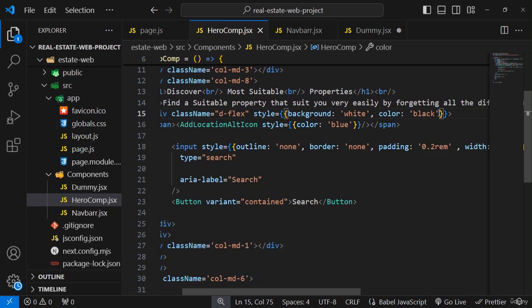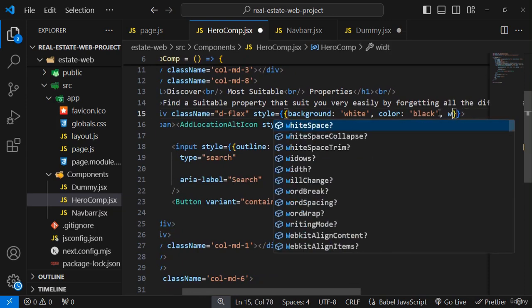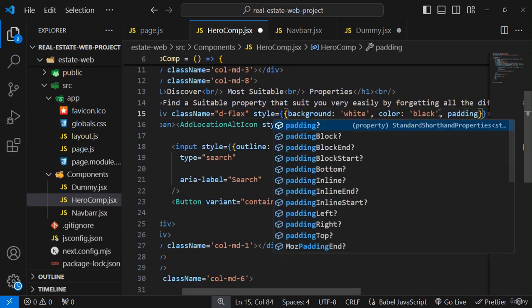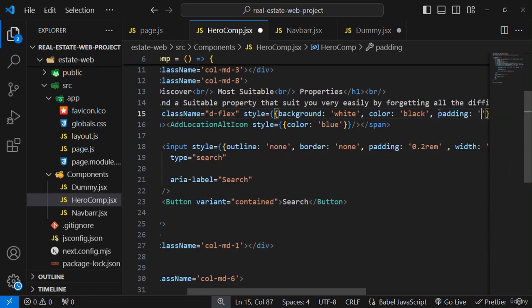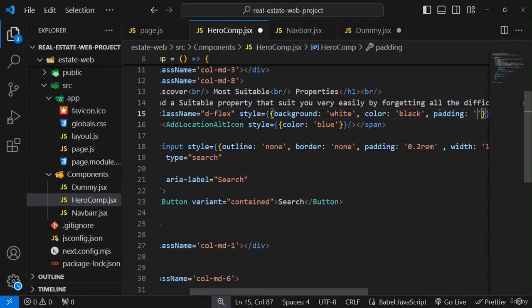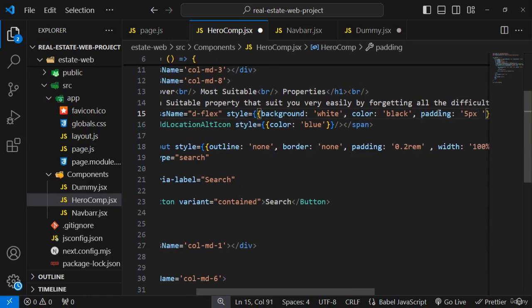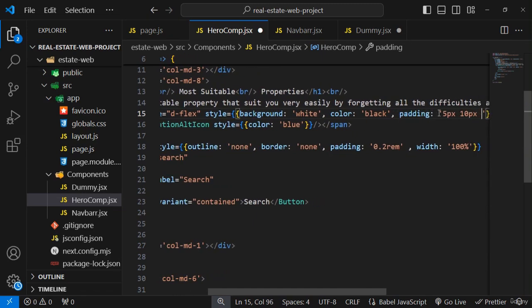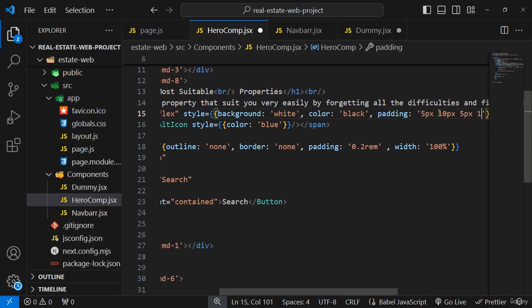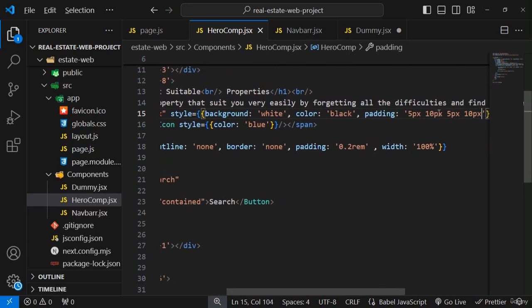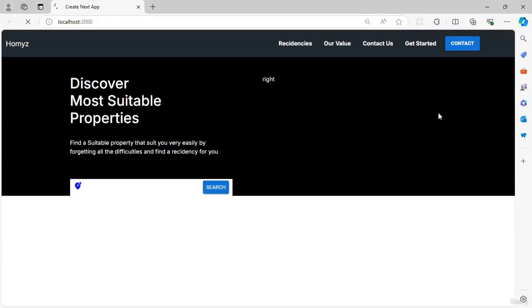So here I am just going to give some padding: 5 pixel and 10 pixel, again 5 pixel and 10 pixel. If I save it, now it is done. We have successfully written all the code for our search